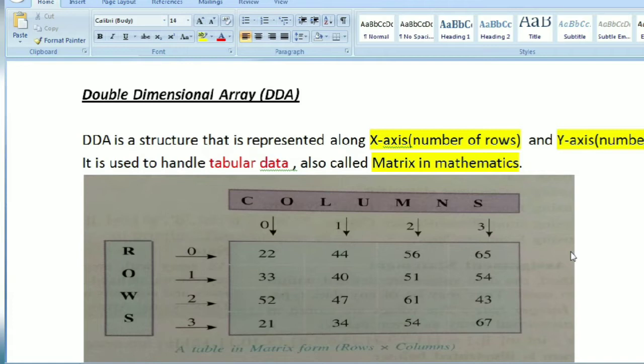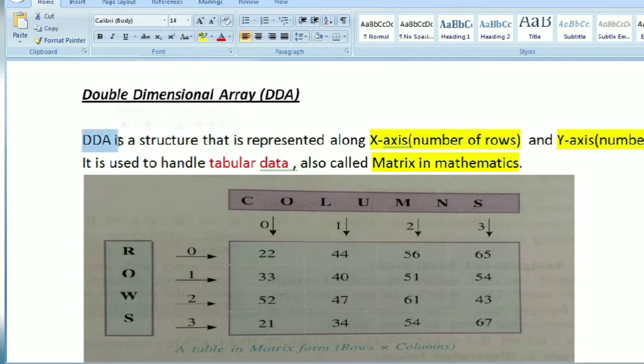So in this video, we will learn what is a double dimensional array and how to use this in Java programming language. As you can see on the screen, there is a little definition here. So let's see what is a double dimensional array. Basically, an array is the collection of similar kind of data. Okay, so let's see what a double dimensional array is.